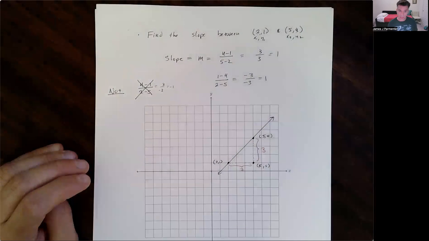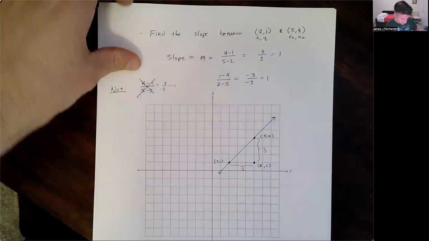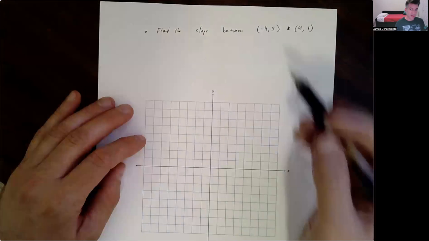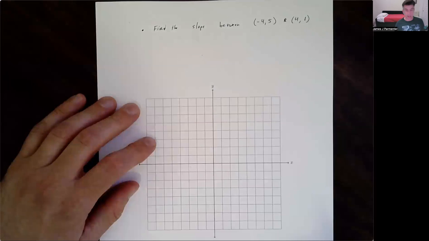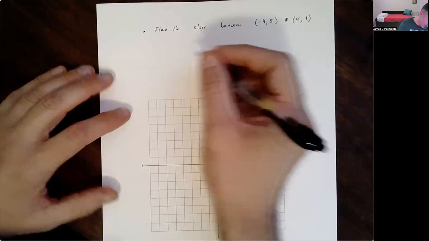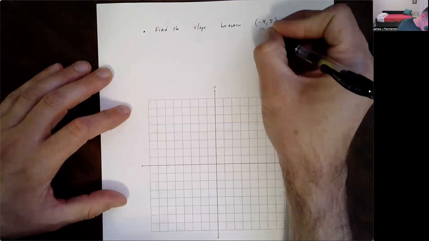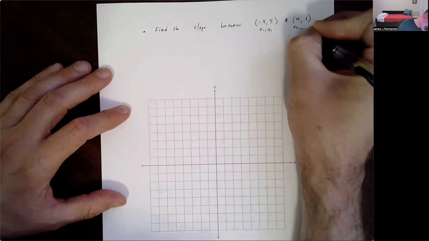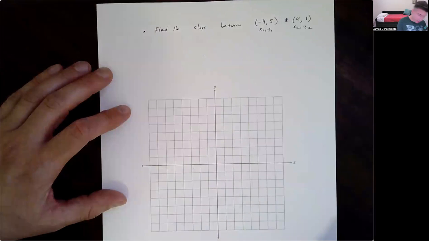All right, let's look at some more examples. So let's find the slope between these 2 points, negative 4, 5, and 4, 1. So this time, let's find the slope first, and then we'll draw it later to see the rise over run thing. So I'm going to think of this coordinate as x1, y1. This coordinate as x2, y2. And the slope equation,